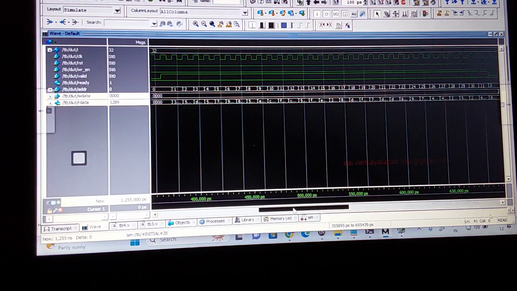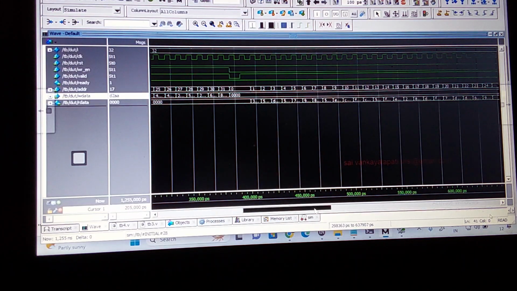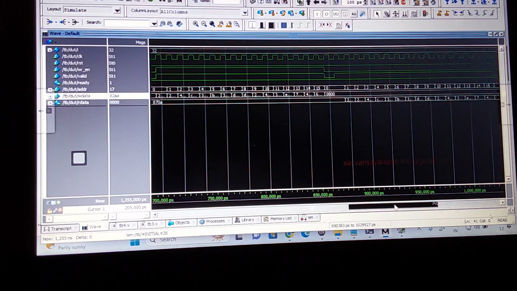After this, again I'm calling the function, right? This is nothing but a write operation. This is nothing but a read operation. Then after this, what am I doing? I'm calling the function with half read and this is nothing but half write, and this is nothing but half read. Then what I'm doing? Quarter read and quarter write.